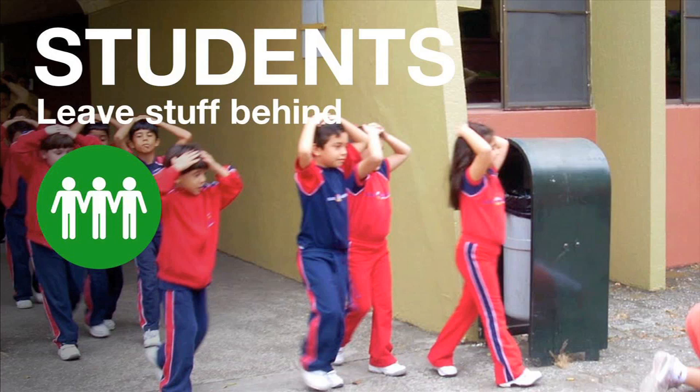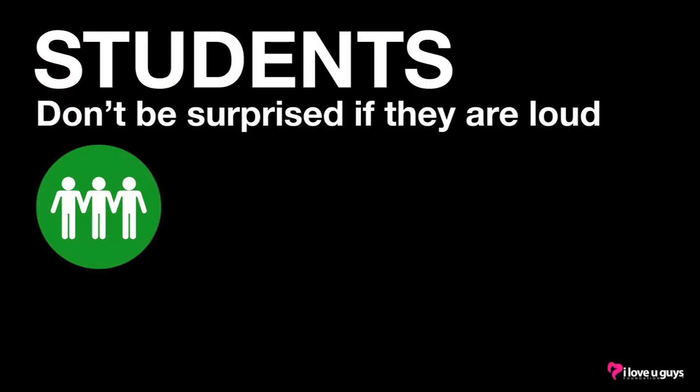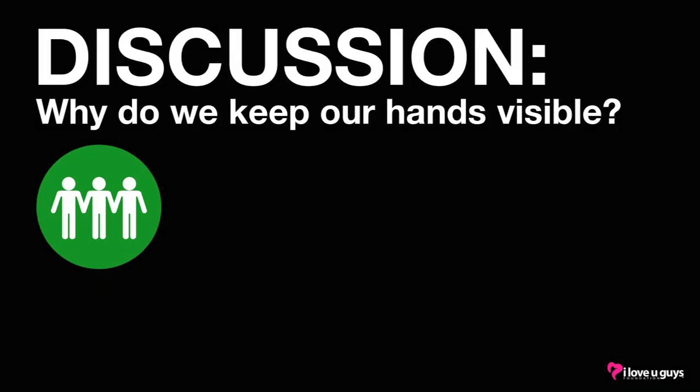Law enforcement might tell you to put your hands on your head, keep them up in the air, put hands on shoulders, or hold hands. Follow their directions. Don't be surprised if officers are loud and directive. They don't know the extent of the incident yet. They will give direct instructions that you should follow. Again, be sure to keep your hands visible. Why do we keep our hands visible? Law enforcement officers are trained that hands could hold dangerous things. They will want to see your hands.